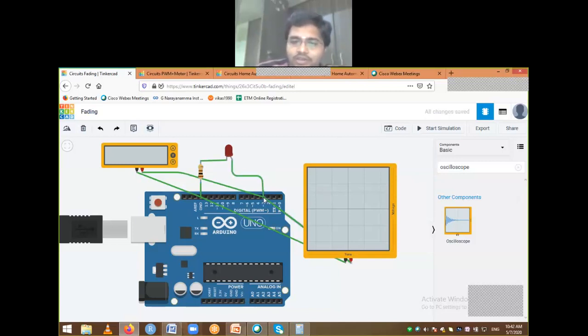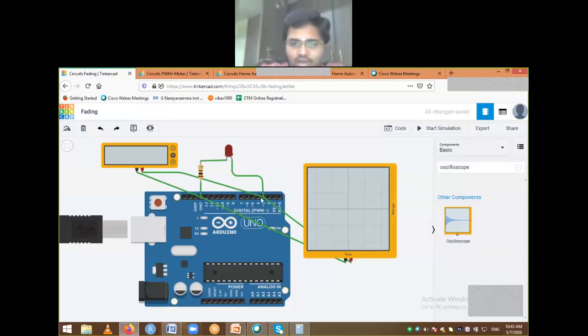Okay, so you need to understand here, whenever we are using PWM, then I need to use either pin 3, 5, 6, 9, 10, or 11. Only these are the PWM output pins. If I am connecting this to any pin like 4 or 7 or 8, and even if I write an instruction like output the value 64, output the value 75, something like that, you are not going to get any variation. So that's the difference you need to understand. Only when I connect to PWM digital pins, you are going to find that particular change.